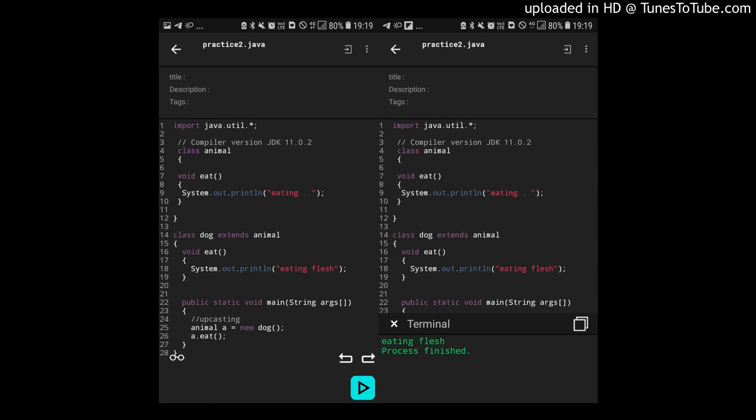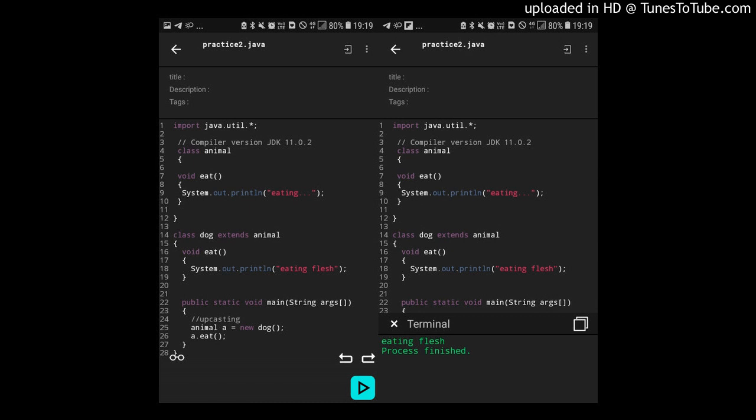On similar lines, we can also do multi-level runtime polymorphism in case of multilevel inheritance.